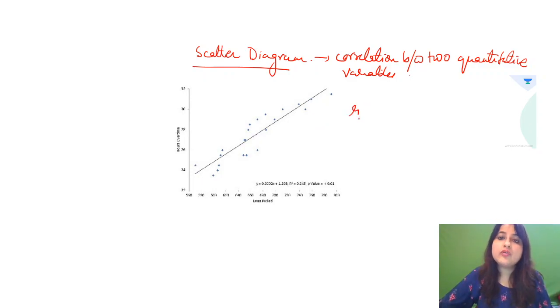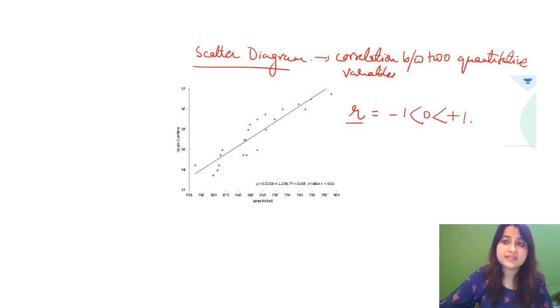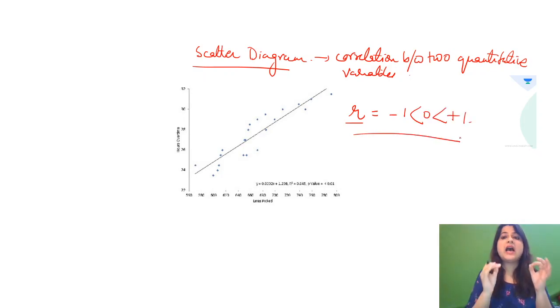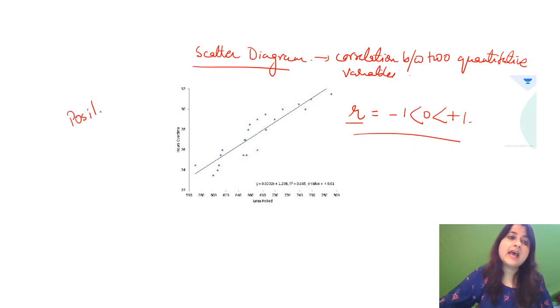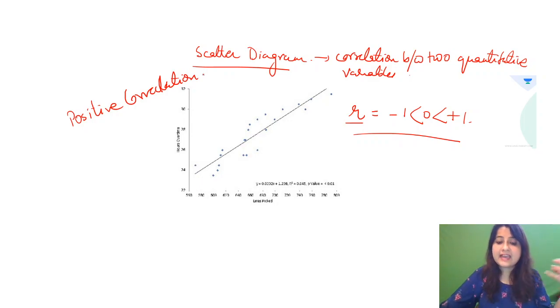Now, the correlation coefficient is represented by R. R can take values from -1 to 0 to +1. Now I'm going to show you how exactly -1, +1 and 0 look diagrammatically. This is an example of a positive correlation. Now I can ask you, is this a perfect correlation? Is this a perfectly positive? Is this a weak positive? I can ask you any of it. So that we will try to understand.